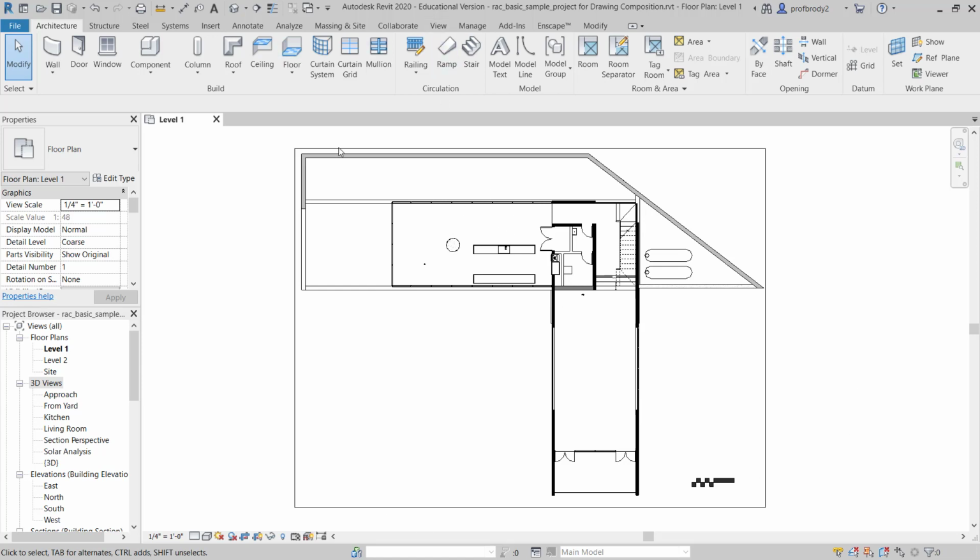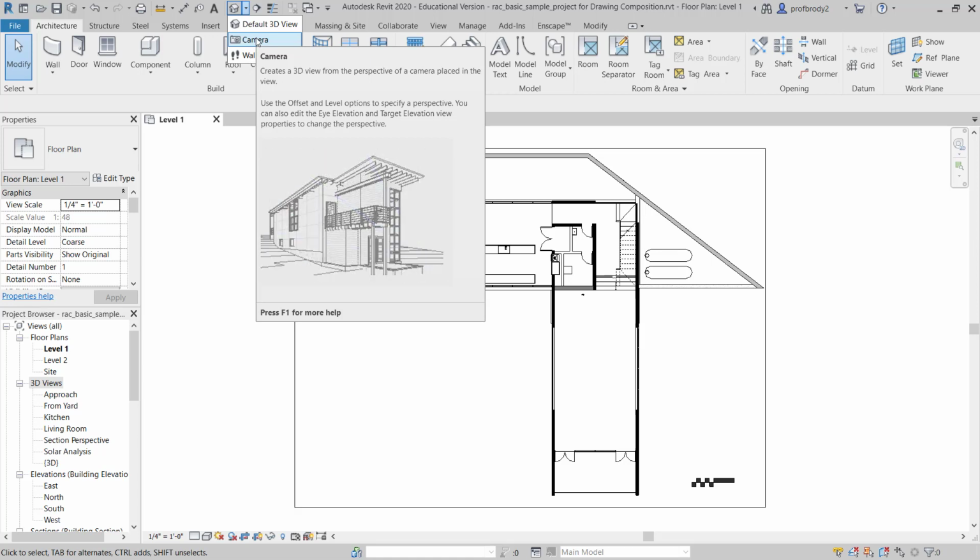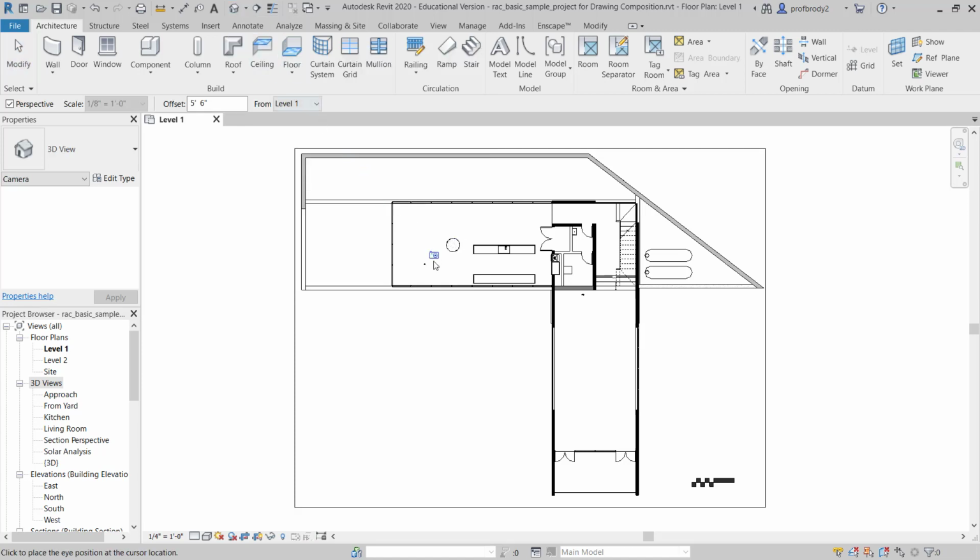I'm going to use the sample project. It's handy because everybody has it on their computers, and you can use your own studio project if you want, or you can use this sample project or any of the sample projects that are available. And of course, for those of you who are using SketchUp, the compositional techniques are the same. The way that you get at them will be slightly different, although interesting enough, a lot of the tools, the names are the same. Anyway, I'm going to create a new perspective view using the camera, as you know, and